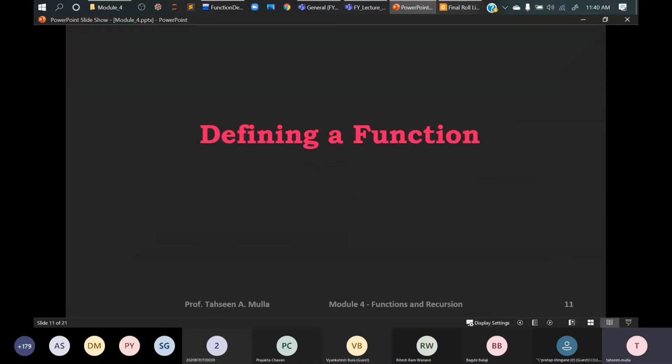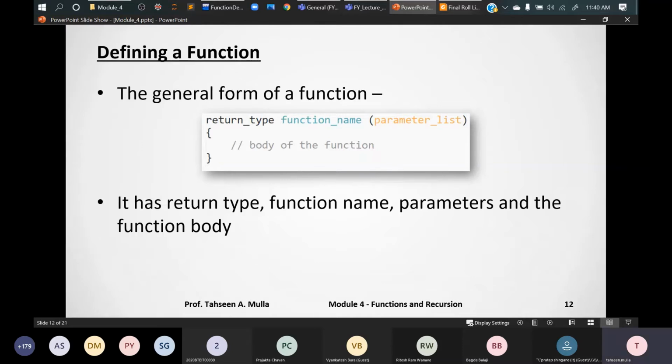Let's see how to define a function. This is a general form, how you define a function, a very simple general form. This is your return type. If you're not going to return anything, you can write it as void. Then the function name. If you're going for arithmetic operations, you can use here add, and the number of parameters. Now if you're going for addition, we're going to use at least two numbers. So depending on the data type, you can pass the parameters over here as int a comma int b. So that will be considered as integers.